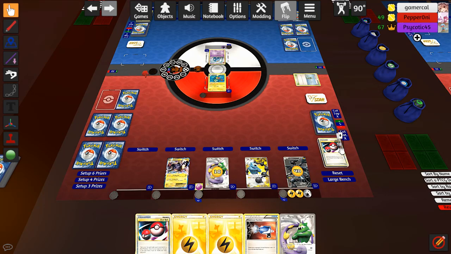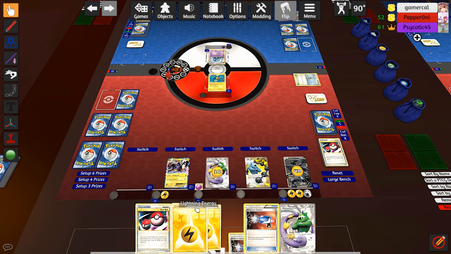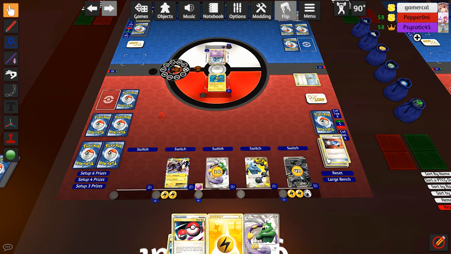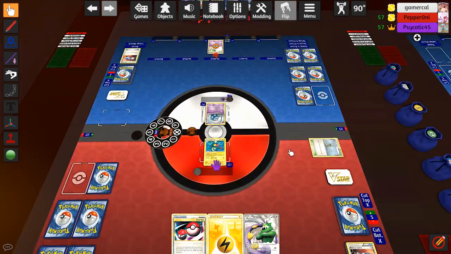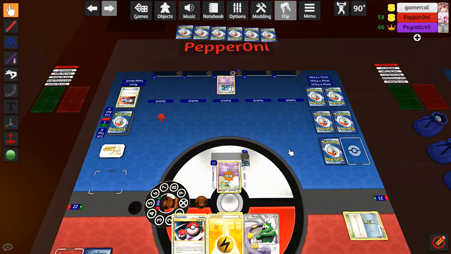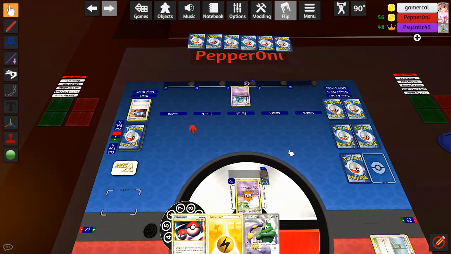Zekrom EX down, Dynamotor to the Zekrom EX. Manual attach to it. Capture the Gardevoir and go ahead. A Dual Ball, legendary. I know you can get out just a little bit easier, but I'm also forcing you to burn energy that you want to play on the Dom. So